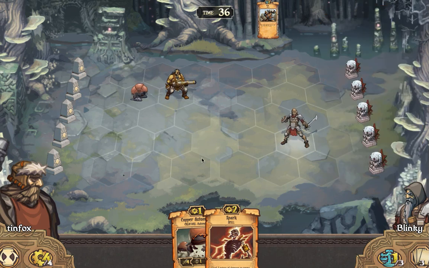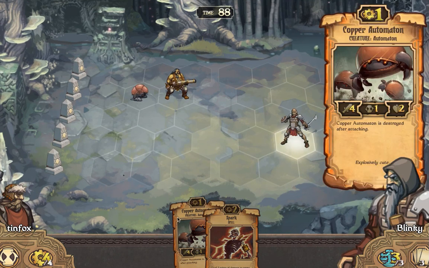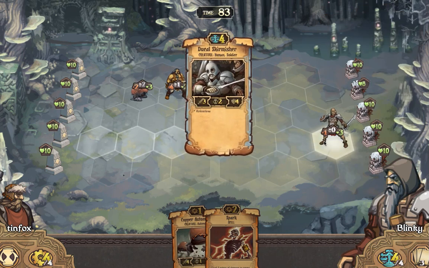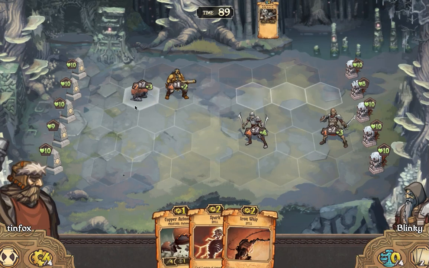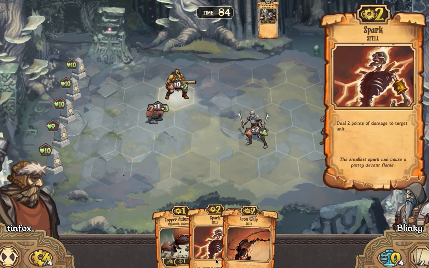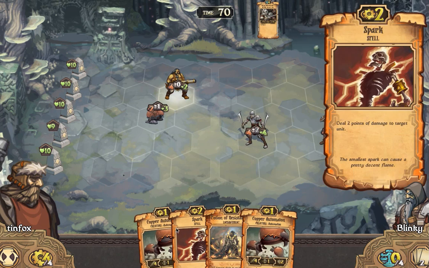But we gotta wait for his countdown to cycle back before we can cast this copper automaton to deal damage. So he's getting a point of damage in. Okay. So then we'll do this. We'll actually pitch the Iron Whip here to draw 2 scrolls. Yeah. And then we'll put...